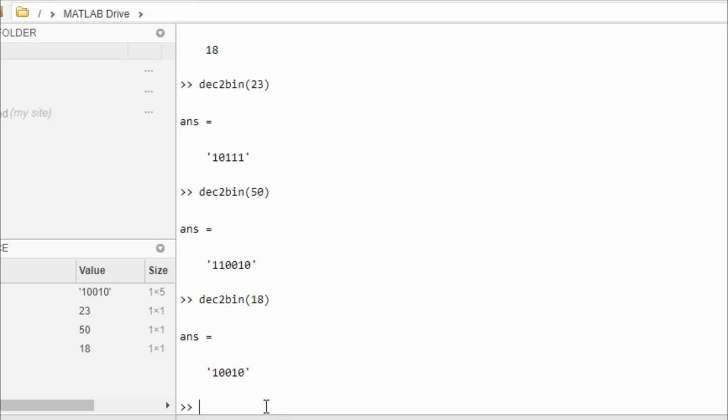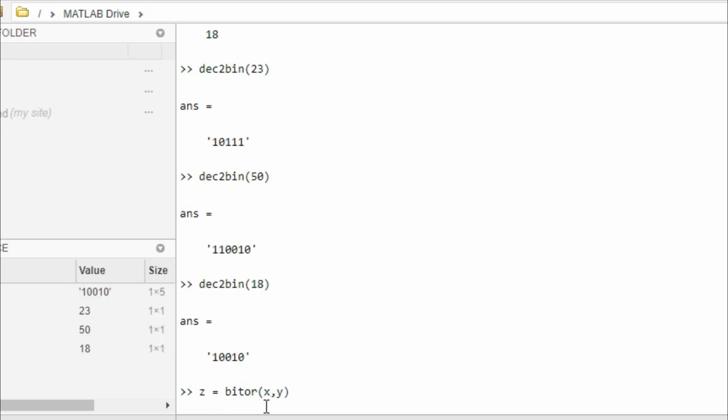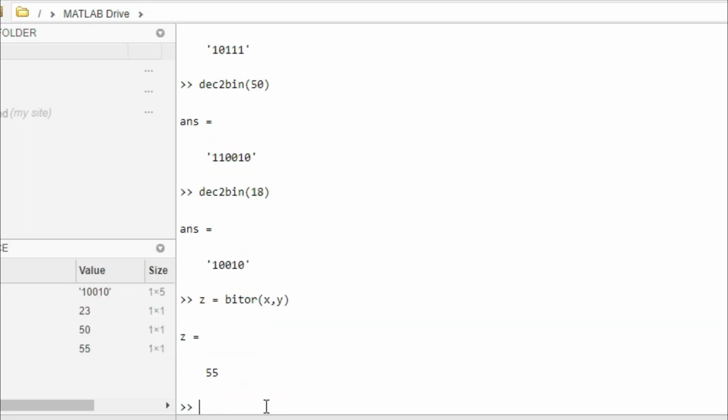So let's check bitwise OR. z equal to bitor of x comma y. It gives 55. Same, it does the bitwise OR operation.